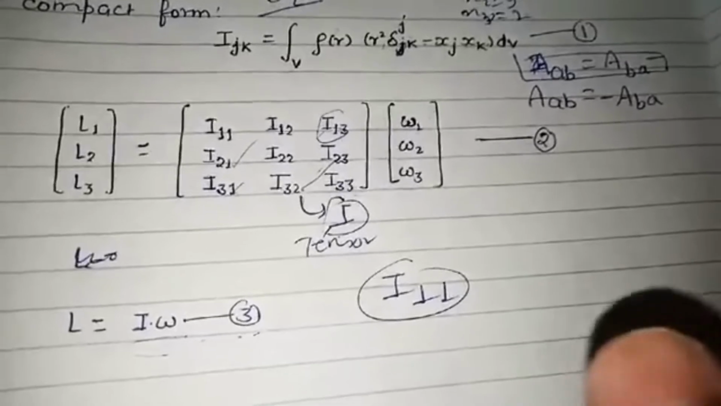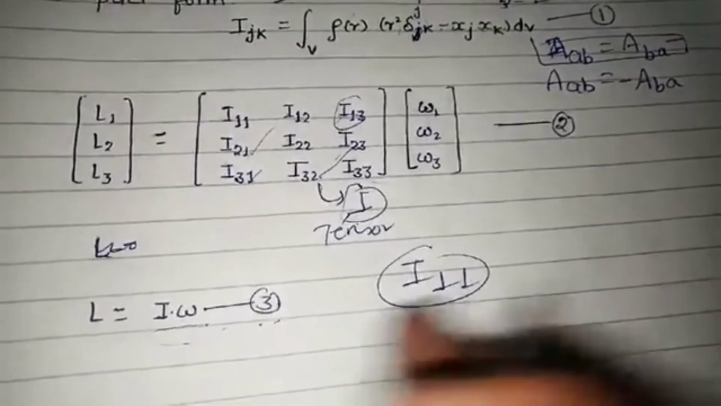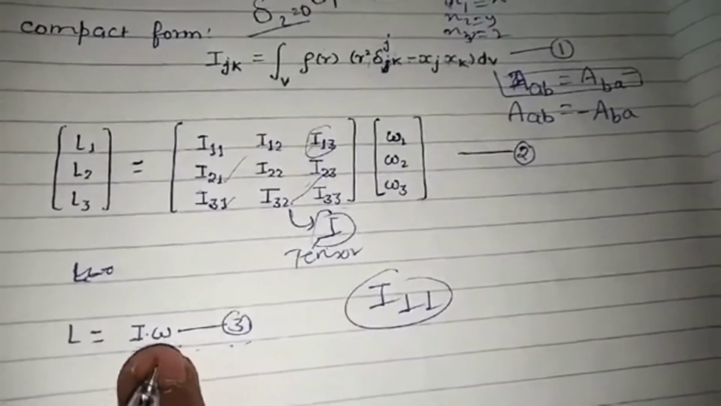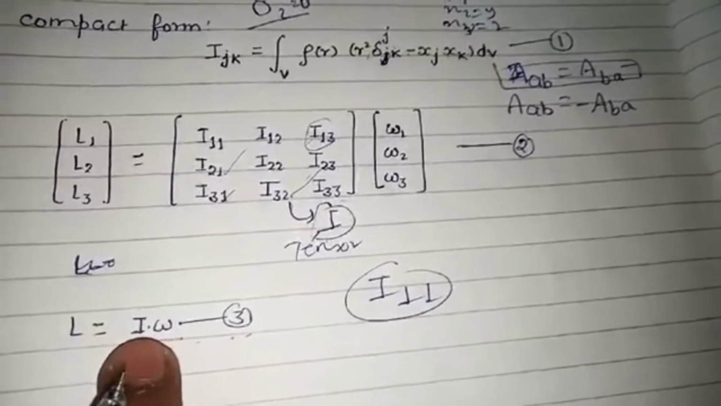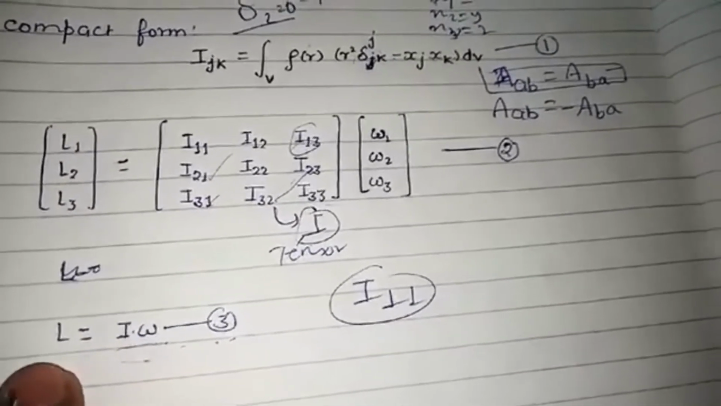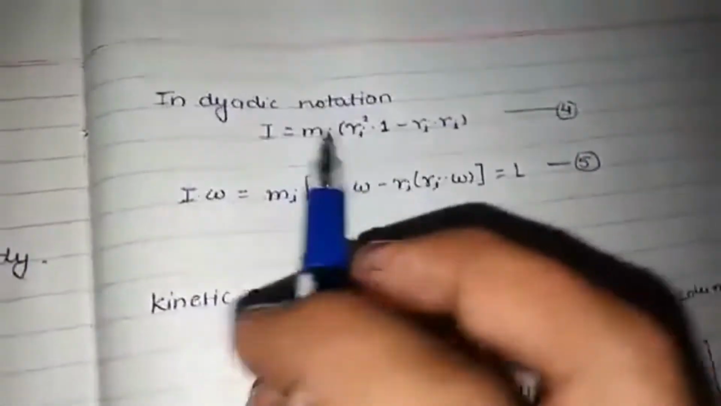We may conclude that the product of tensor I and vector ω is a vector. बहुत इंपॉर्टेंट लाइन है। जो हमारा प्रोडक्ट होगा टेंसर और वेक्टर का, वो भी वेक्टर होगा। ठीक है, इसके अब अगले पार्ट में चलते हैं।